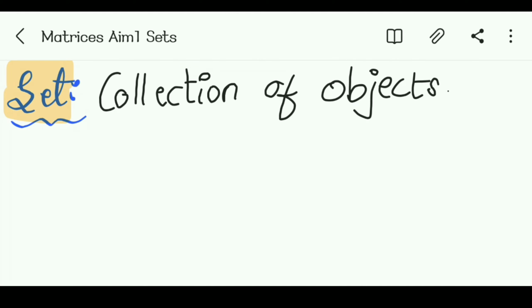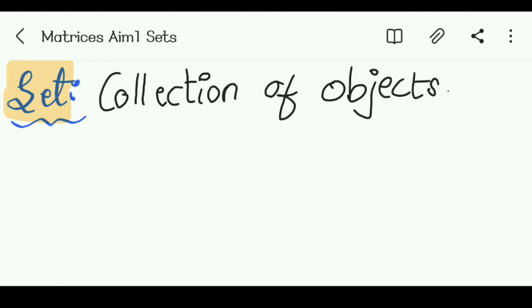So in this video we are looking at sets, matrices, class 9 AM1, sets. First we will think about what sets are. A set is nothing but a collection of objects. That means a well defined collection of distinct objects is called a set. Distinct just means different objects.